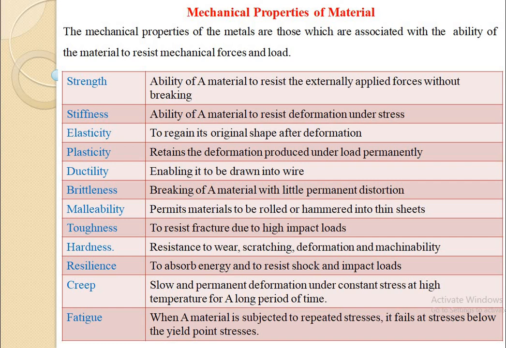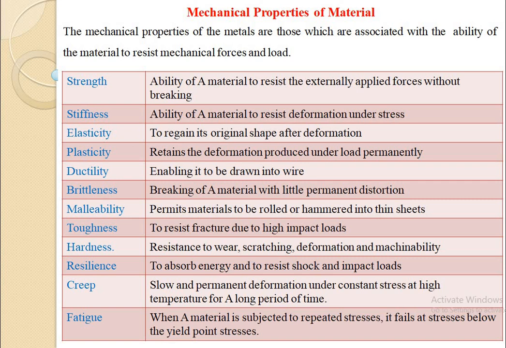The next criterion is the cost of the material. The cost of the final product is nothing but the cost of the manufacturing process, cost of the laborers, cost of the workers, cost of the machining processes, and the cost of the material. So the task of the design engineer should be to select a material in such a way that its cost should be less. That is possible only when we select a material which has a low cost. So these are some criteria depending upon which we can select a material for a particular application.